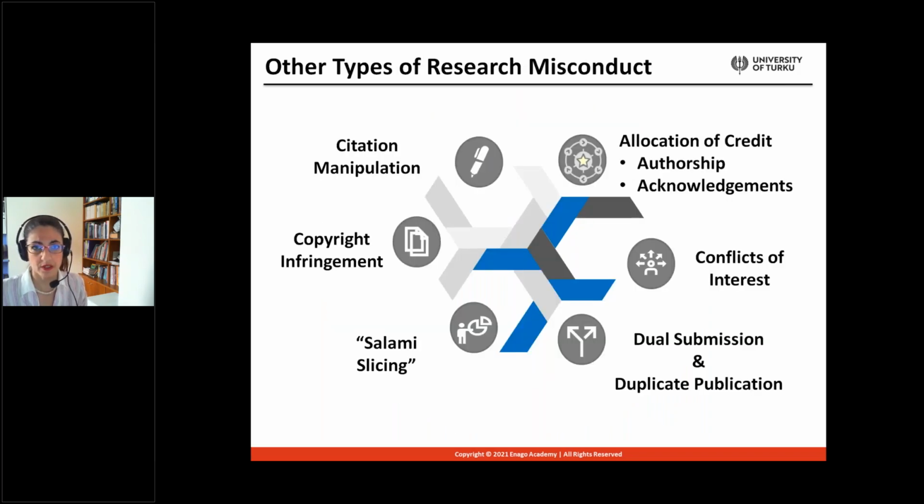Now, other types of misconduct to be very careful and aware of would be citation manipulation. So actually trying to include citations that you want rather than citations that are needed in different parts of your work. Inappropriate allocation of credit. So including as authors people who have not contributed, or excluding from authorship people who have worked towards a project, and the same goes for acknowledgements. Not declaring conflict of interest,